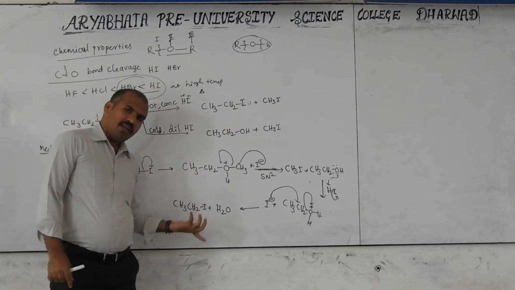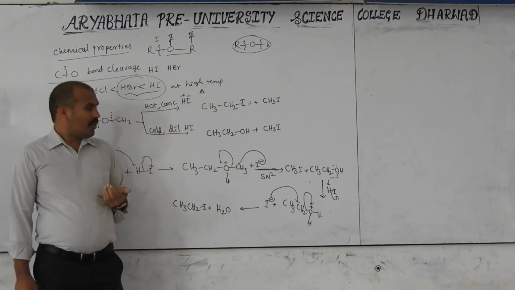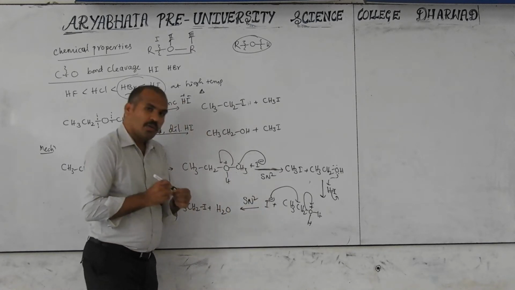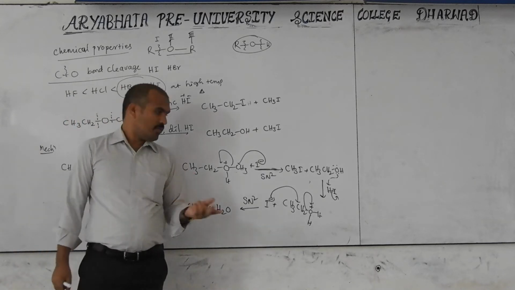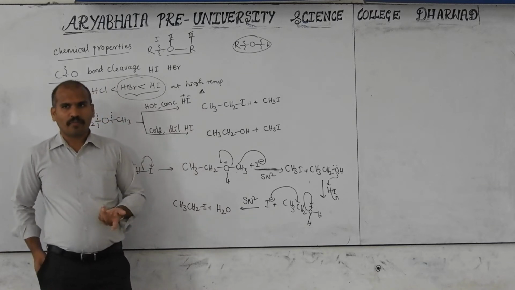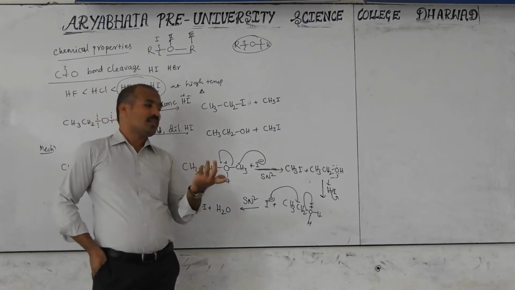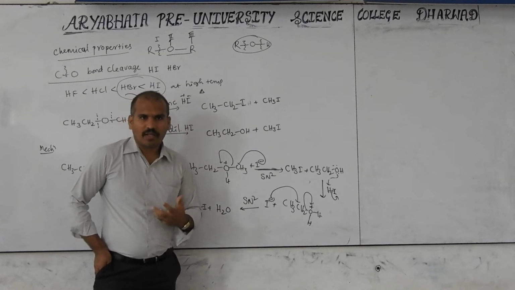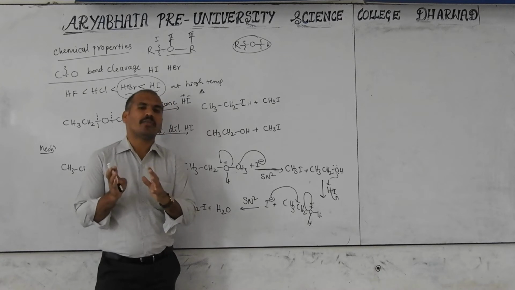But keep in mind, sometimes this is primary, secondary, tertiary, or methyl group also. Then when it will undergo SN, here also it is an SN2 reaction. When will it undergo SN2 reaction, and when will it undergo SN1 reaction, because I minus is substituting here. It means I minus is a good nucleophile, but not a good base. So this I minus substitutes by SN2 reaction or SN1 reaction. Then we have to remove that confusion, when it will undergo SN1 and when SN2.